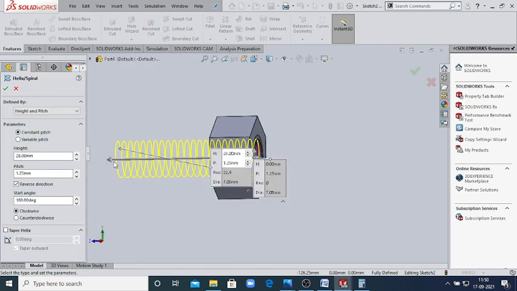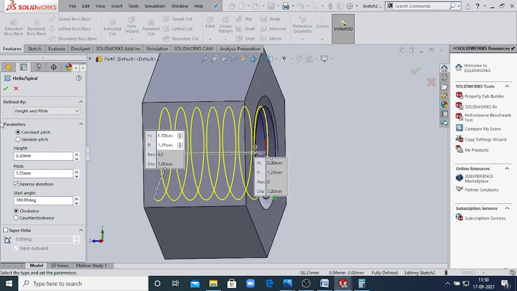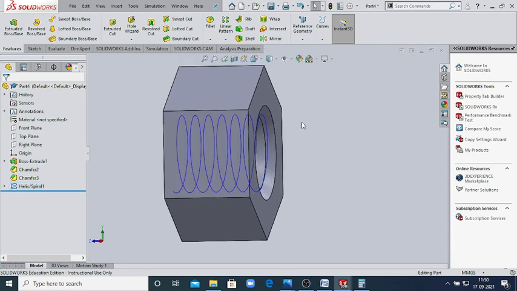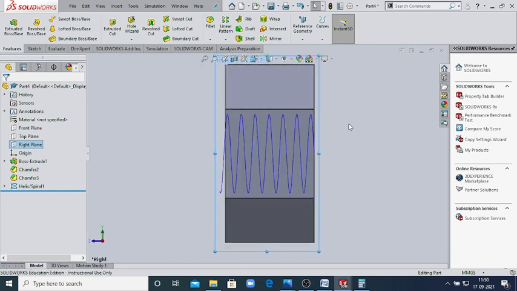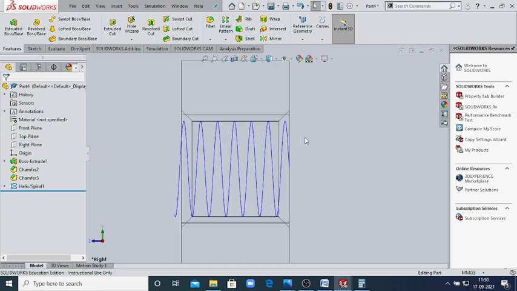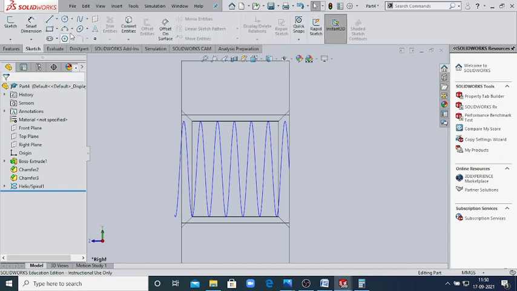Now just remove this height, 8 mm, then okay. Like this, then change the transparency. Now we'll again start to make the thread here.